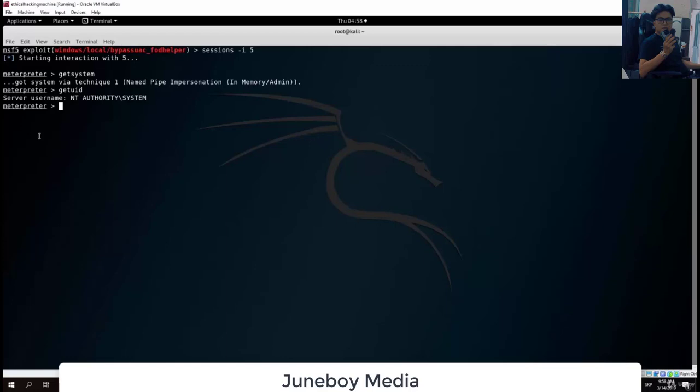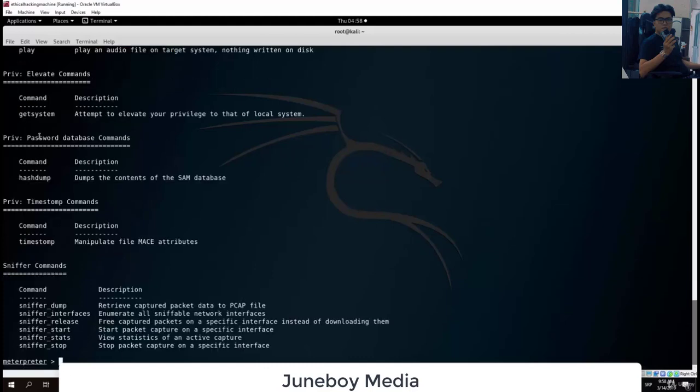Once we exploit the target, what you want to type is use sniffer, and it will say loading extension sniffer success. All we want to do right now is check our available options with the help command. Right here at the bottom we will see that it added the sniffer commands, which are sniffer dump, sniffer interfaces, sniffer release, start, stats, and stop. Before we begin the sniffing, we actually want to see the available network interfaces on the target. So if we just type sniffer interfaces,